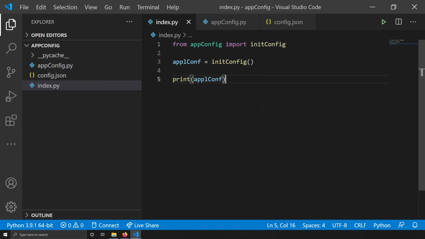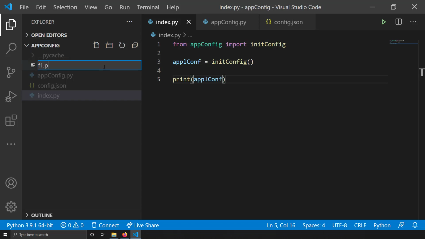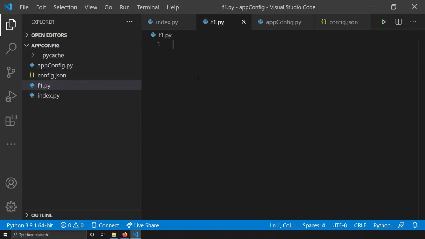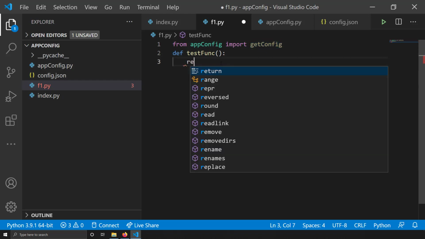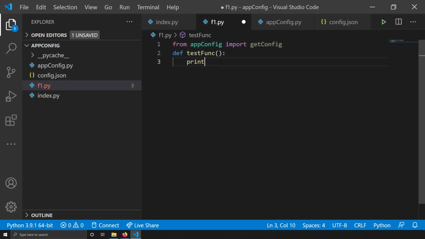Now let's take another scenario. I'll write another file, f1.py, just for file1.py. In this f1.py, I'll create a small function called some test function, and here I'll get the configuration. I'll write from appconfig import getConfig. Here I'm not initializing the configuration, you have to note that, right? Let me get that into a variable c equal to get config,